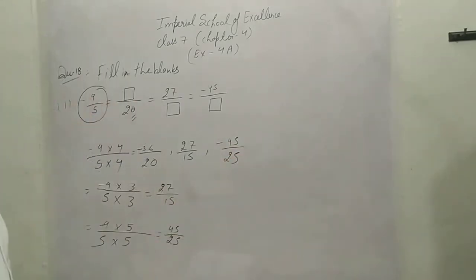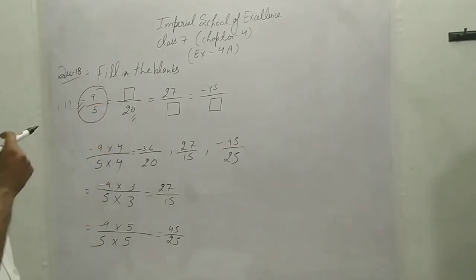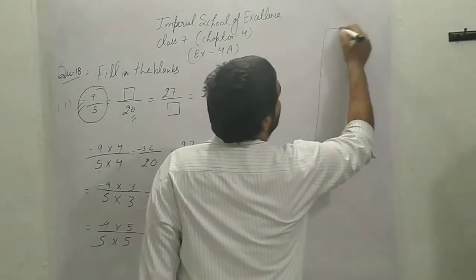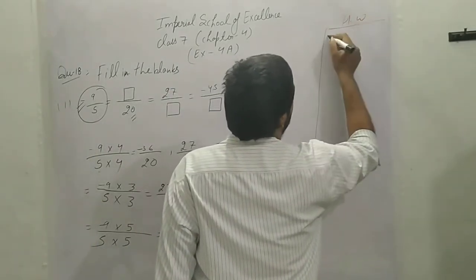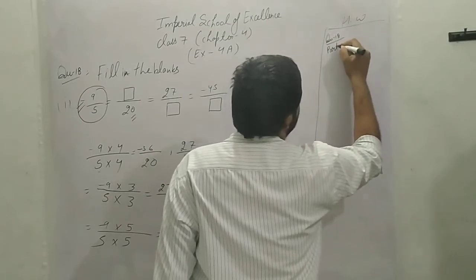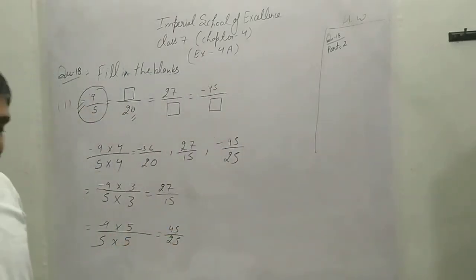Okay, this is the procedure by which you have to fill in the blanks. You have to work only on this number, -9/5. Same I am writing here, homework also. You have to complete it. Homework question number 18 part second part is your homework here. Only 2 parts are given in this question.